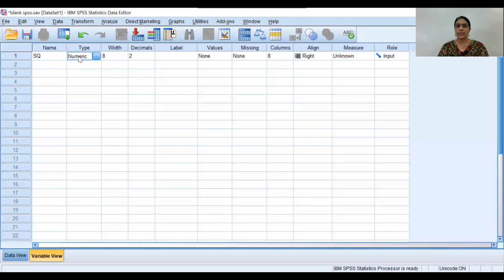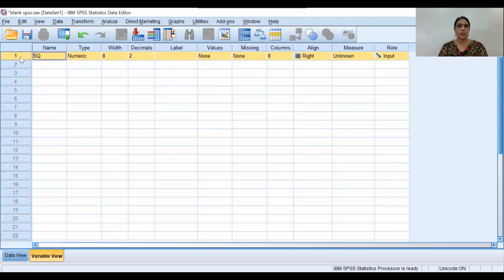I am trying to ask a question relating to service quality perception. Then the whole question will be under the column label. So in the first column, either you enter the question number or you can enter a very small summary of the whole question.